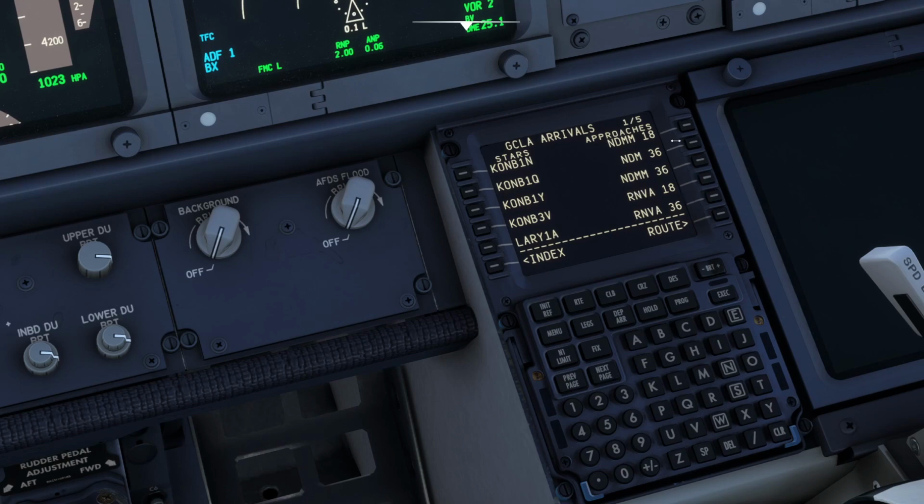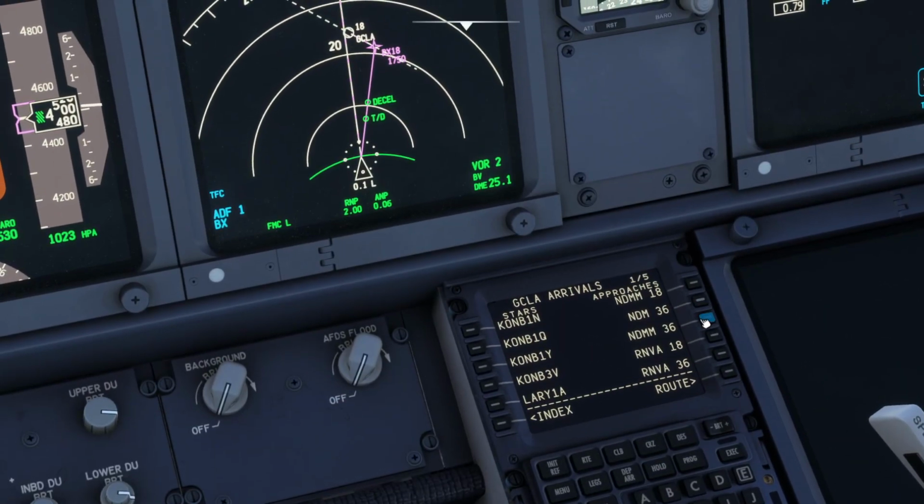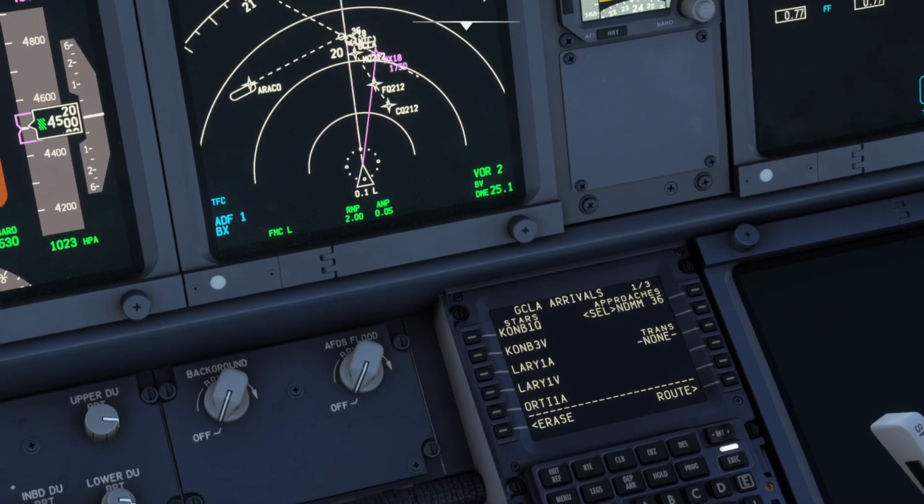And you also have the first and the third, which are the NDMM and NDMM to runway 18 and 36. This is the NDB unspecified for runway 18 and the unspecified for runway 36. Okay, I will show you, because I can select the NDB, this one to runway 36, and when we go